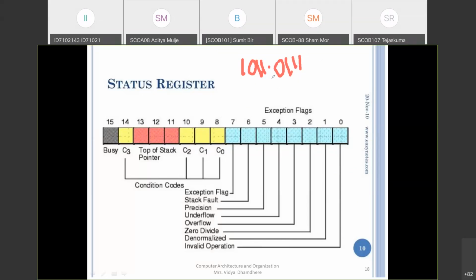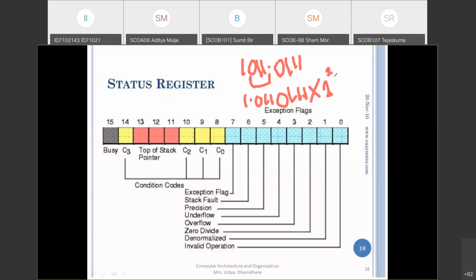What is normalization? We move the binary point to after the first 1, so that it becomes 1.0110111. How many digits are we shifting to the left side? 3. So multiply by 2 raised to 3.